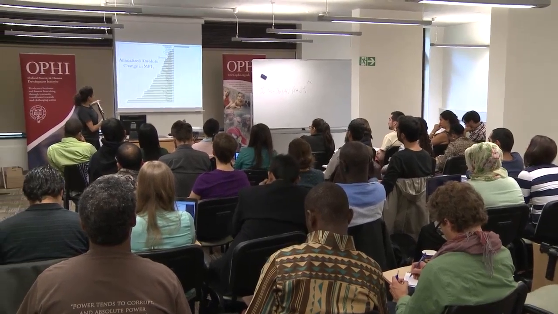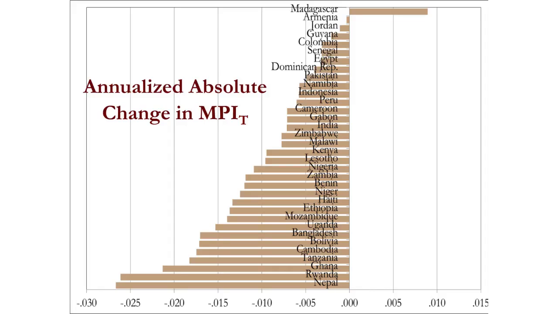So the top performance, when I look at annualized changes, and please note this is on the MPI, from 0 and the negative change per year, you'll see that the top performers tend to be countries where there is some poverty, so they had scope to improve. Nepal, Rwanda, Tanzania, Cambodia. So there are countries that had initial levels of poverty that were relatively high, not too high, and made progress. When you look at the relative changes,